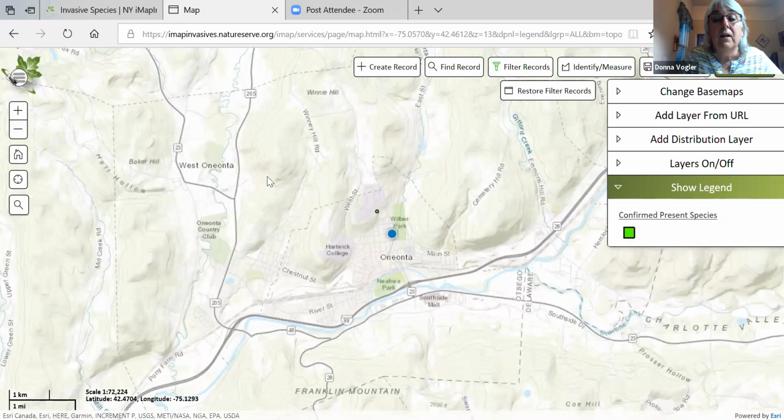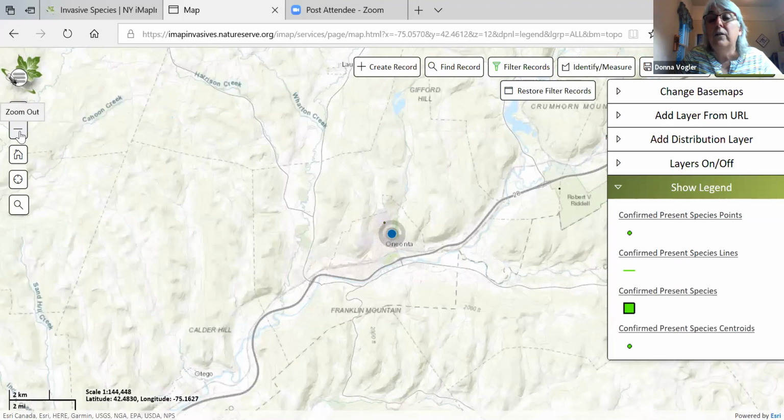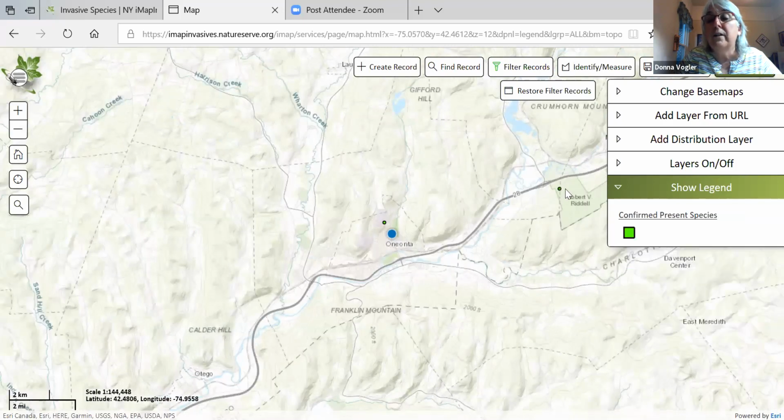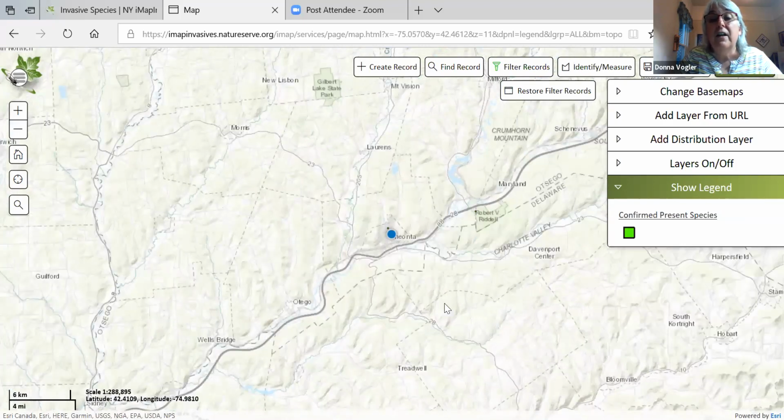There. And again, you have to wait for it. Okay, so here somebody found it. You can see that little green point here. And the further out that you go, you'll get more points. Here's one in Riddell State Park. So this, again, shows you some of the limitations: very common invasive species are wildly underreported because,